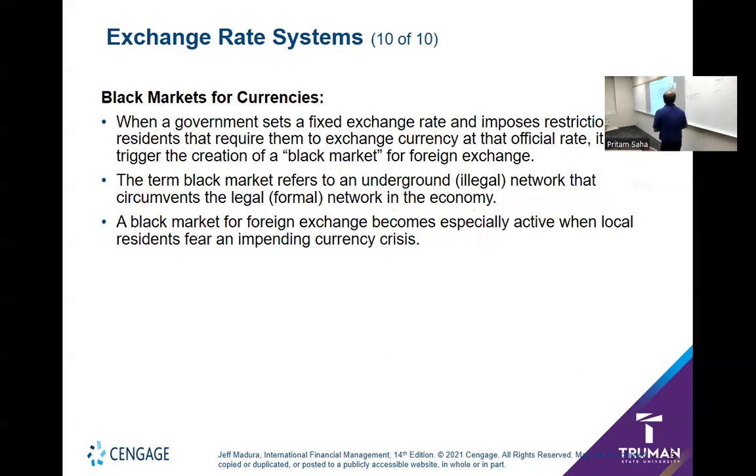Black market for currencies. Any idea on that? Black market for foreign currencies. Did you guys travel anytime outside the USA, and how did you pay? Credit card, anything else? Did you carry any dollars and convert them? Did you have an experience of the black market? Like we go outside of the bank in the market and we just give them the dollars and they give us local currency, because the bank is supposed to do it, so I do.